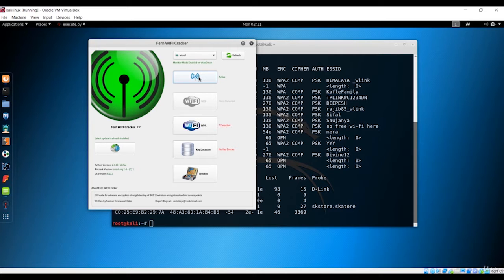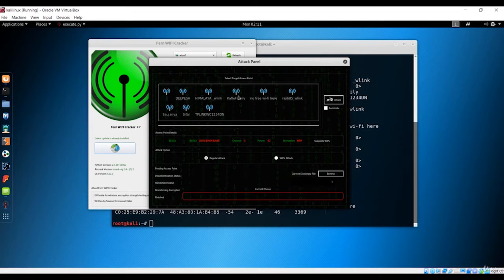It has shown that it is active, and it has found that there are 7 or 10 WPA-based Wi-Fi networks, maybe 11. If I go to my network, you can see that it supports WPA encryption. Basically, what happens is that with this Fern Wi-Fi Cracker, it will inject its own word list and try to crack that network.